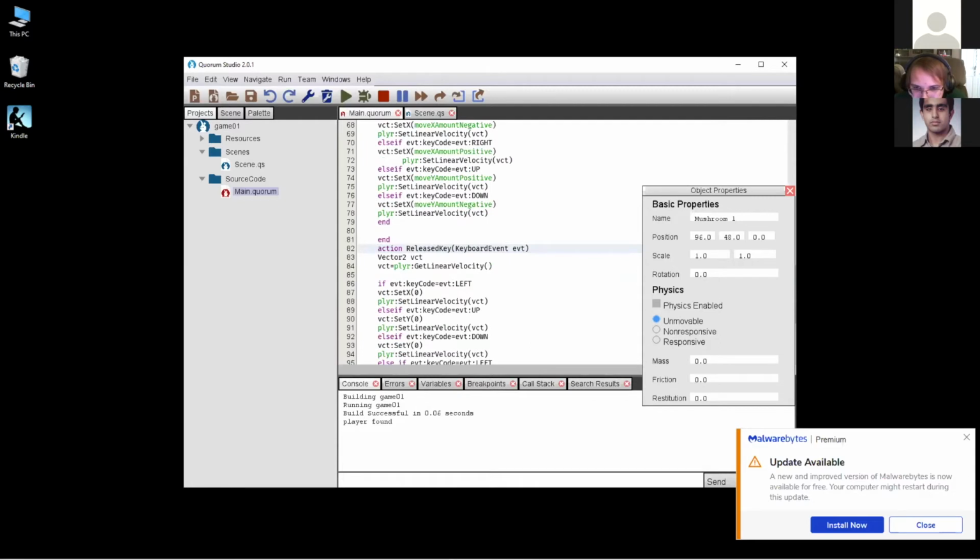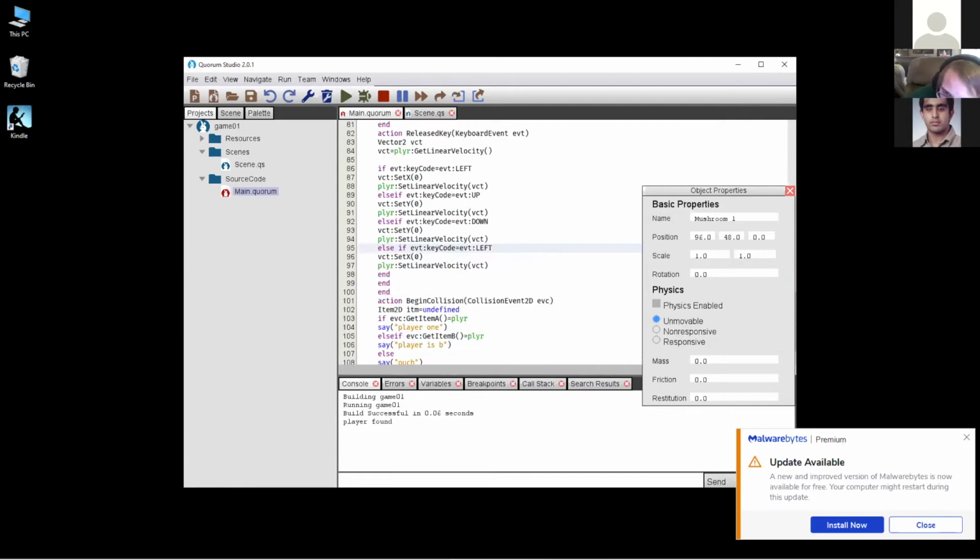Begin collision. Okay, I got very ambitious with this. Sure. Look at this. Yeah, left. Oh, yeah, you don't actually appear to have something for the right. I see if the key code is left, or if it's up, or if it's down, or if it's left again. Oh, also, yeah, on this next line. It also looks like you have a space between your else and if here, and it looks like you just have an extra end, so it's fine. But